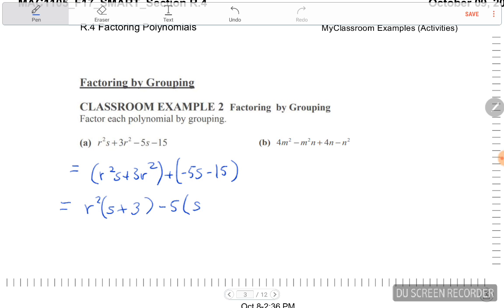And since I pulled out a -5, I have what? A -3? But since I pulled out the negative, actually I have to make this positive now. Okay, great. So when we get to this point,